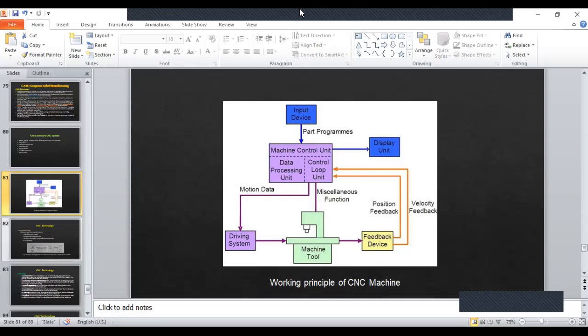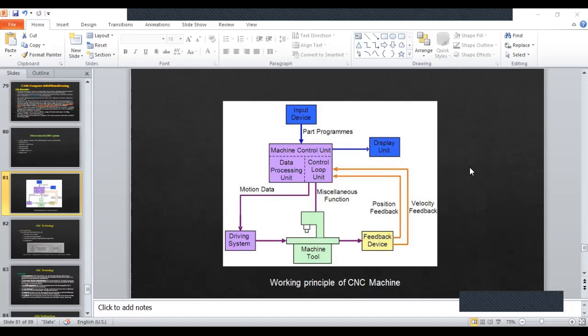That is why we call it the CPU of the CNC machine, which decides all of this, like motion data, right? And also takes in the feedback to check whether what we had intended was what we got, whether the execution was done properly or not. And miscellaneous functions as well.